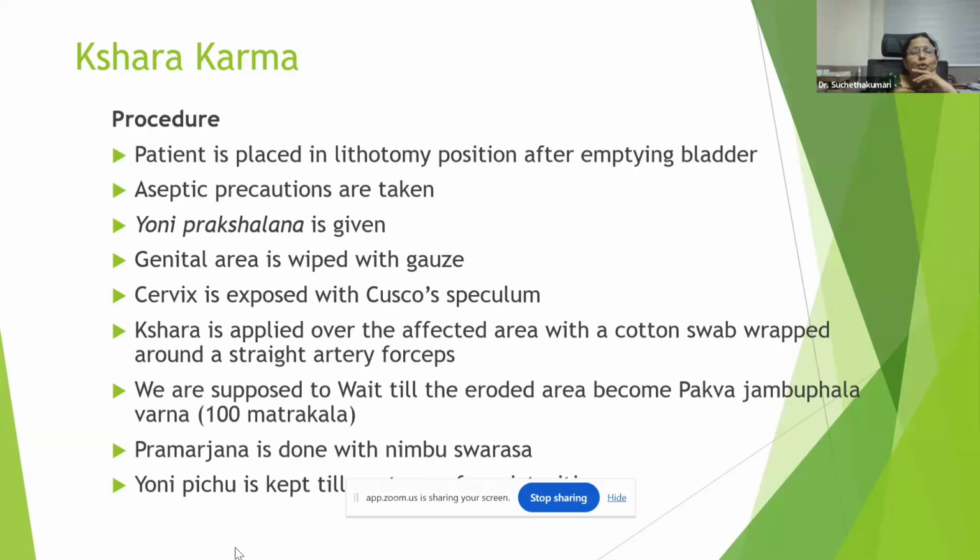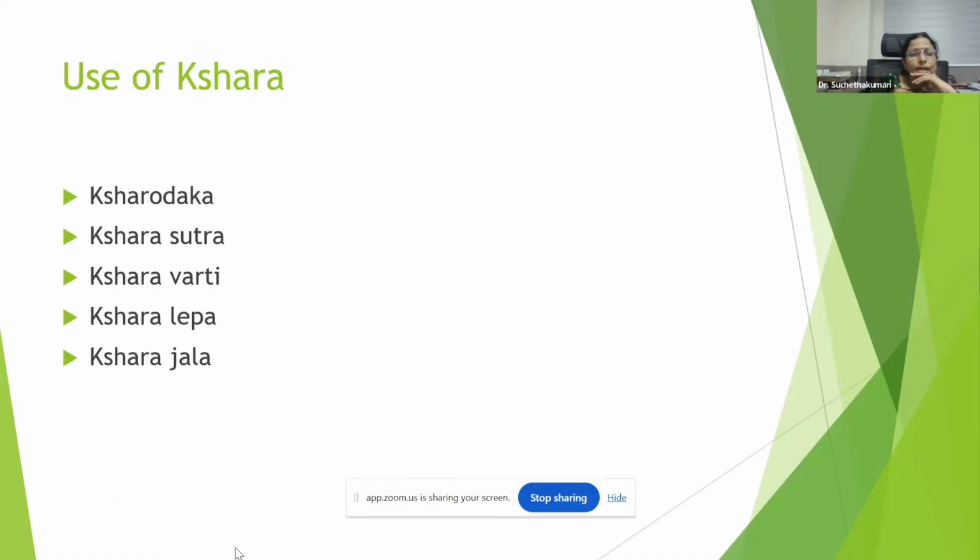And after that, Yoni Pichu should be kept. The Yoni Pichu can be kept with the Jatyadi Taila, which has got a healing effect. So this procedure has to be repeated for about 7 days. We can give a gap of 1 day and repeat the procedure. Depending upon the condition of the patient, we can repeat the procedure either by giving the gap, or it can